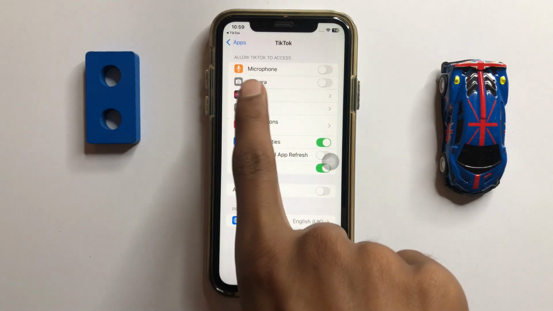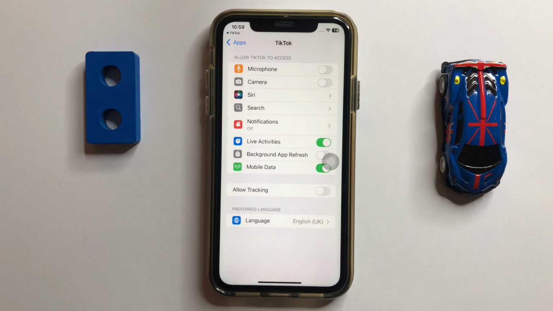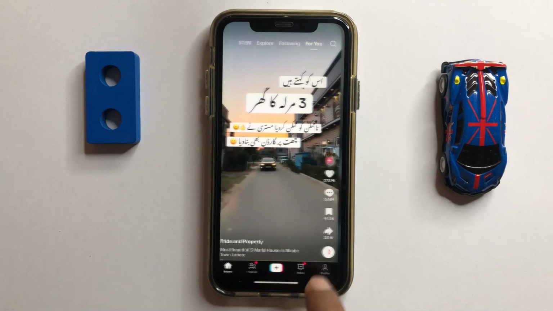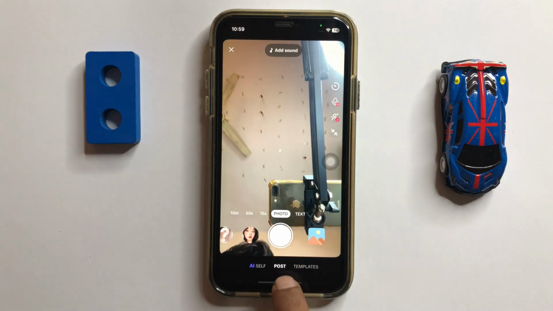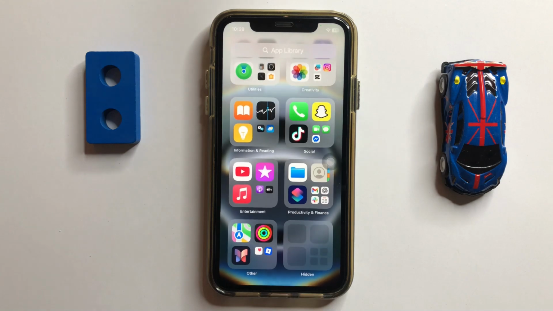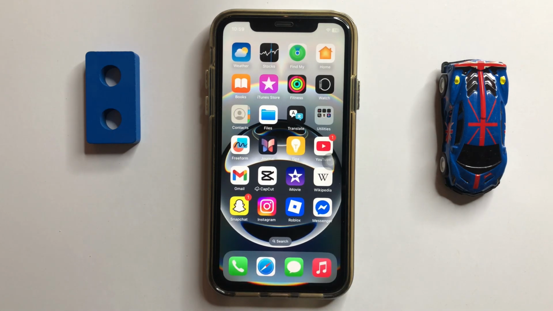Now here you can see the camera option. Turn on your camera option. After turning on your camera option, go back and it will turn on your camera. Now go back to your home screen, and if it doesn't work, then